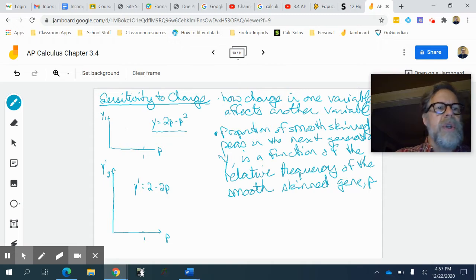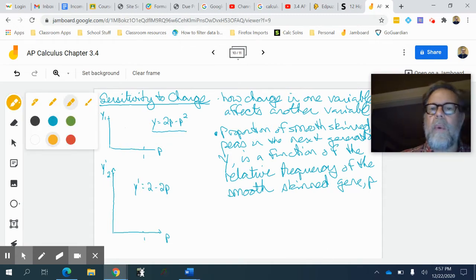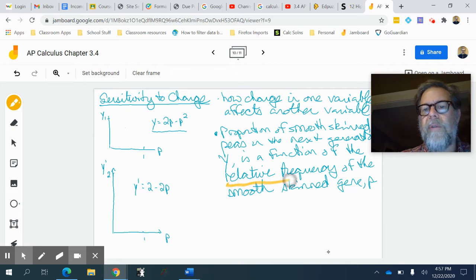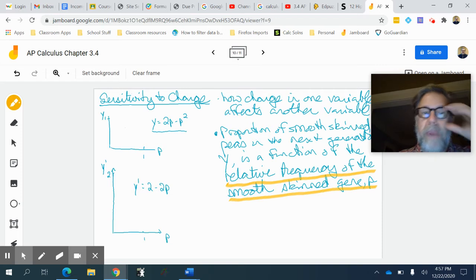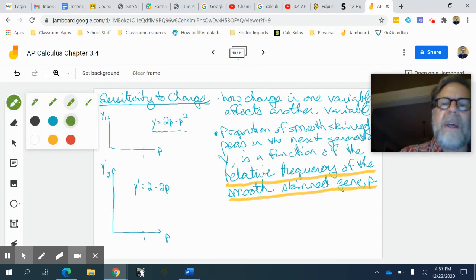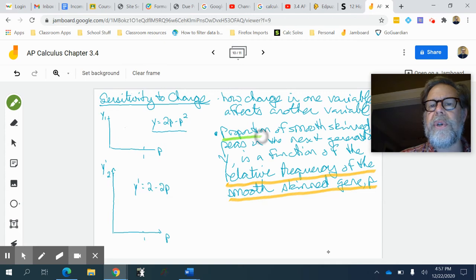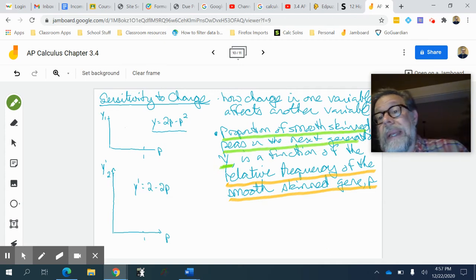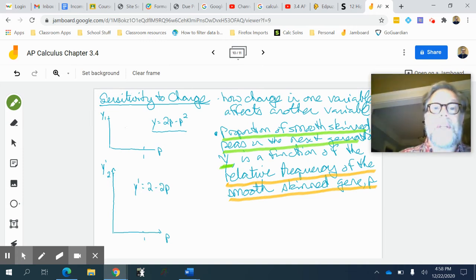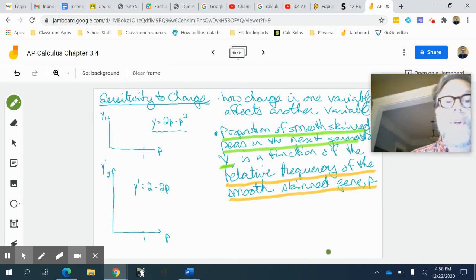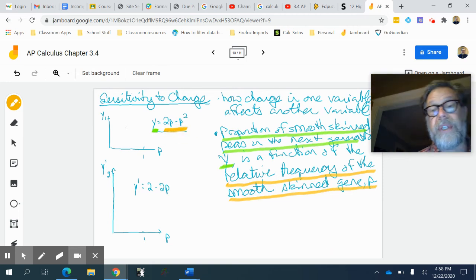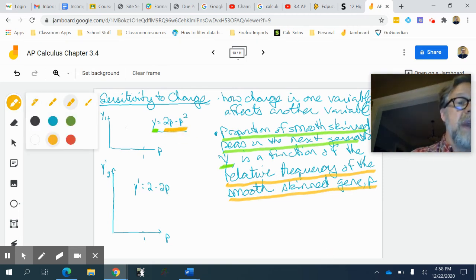And we've got two variables that we're going to define. One is the relative frequency of the smooth skin gene in peas, and that's called P. And the other one is the proportion of smooth skin peas in the next generation, and we're going to call that Y. I'm not going to get into the details. Suffice it to say that the proportion of smooth skinned peas in the next generation can be modeled with this equation. As you can see, it is in fact dependent on